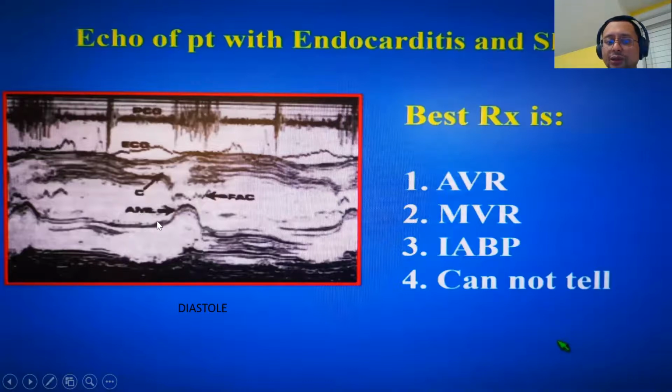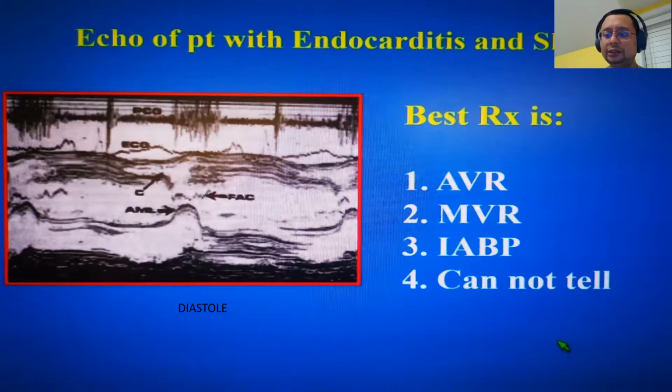I just wanted to show you that this is actually the mitral valve. There's the AML, the anterior mitral valve leaflet, and we can't really see the posterior mitral valve leaflet properly. If this is the anterior mitral valve leaflet, this must be the left ventricular outflow tract. If you look at the left ventricular outflow tract, you can see a line going up and down. You look at the LVOT diameter, maybe it's slightly dilated. What is this? This is actually severe aortic regurgitation.